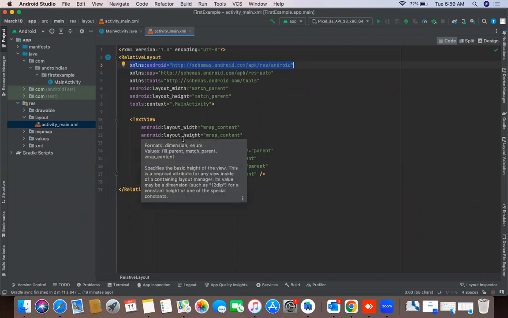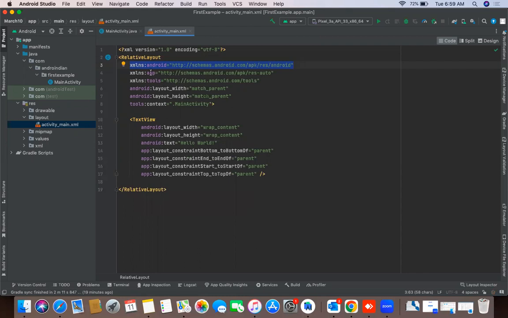So some properties we are accessing from here and some properties we are accessing from here. Okay. So now